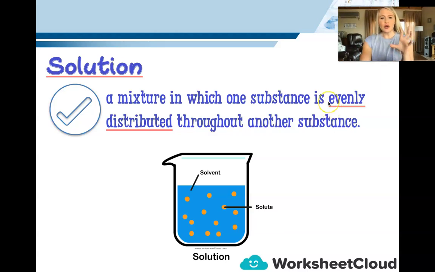I wanted to go through this term again to bring up these two words, evenly distributed. It is very important when we describe a solution, because as you can see here in this particular picture, the solute is dissolved in a solvent, and you can see the particles are evenly distributed,